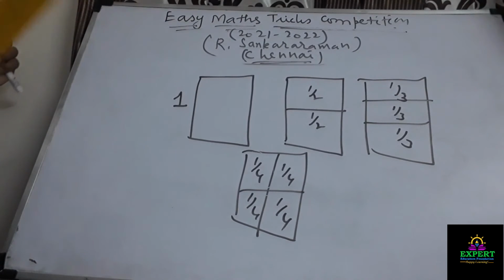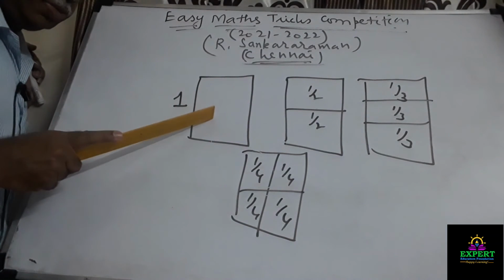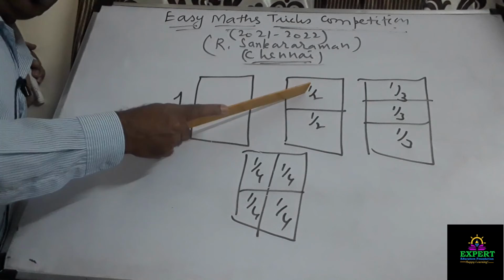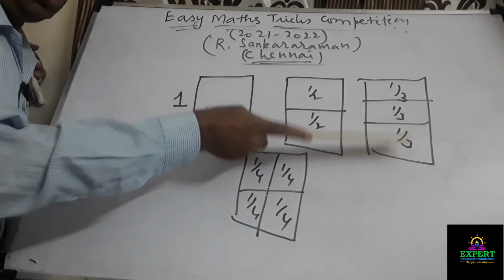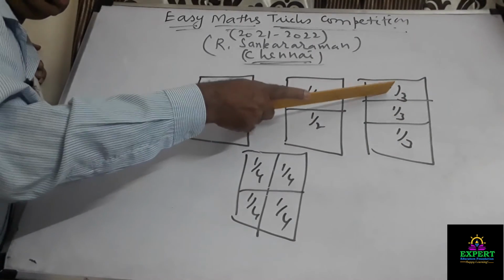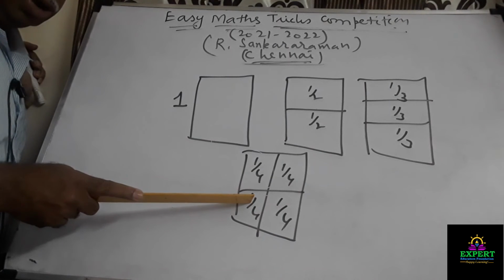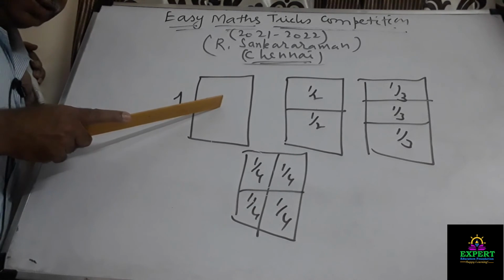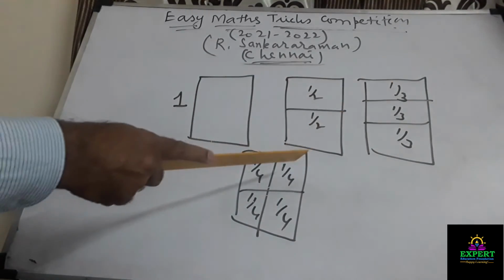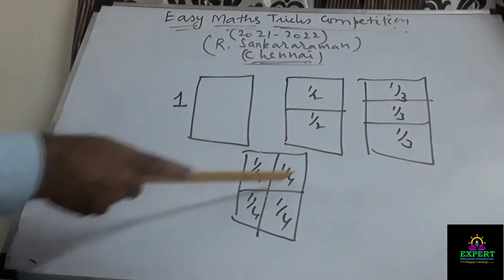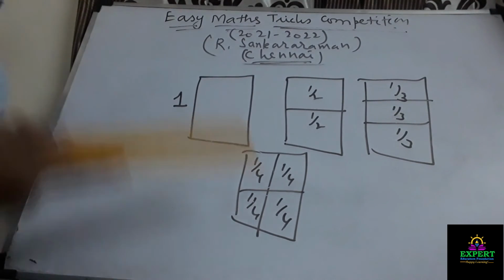Let me just explain once again. I take a sheet of paper, any size, to represent number 1. I fold it equally and unfold, I'll get half. This is the size of half. I'll make it into 3 equal parts. 1/3 is here, 1/3 is here. This is the size of 1/3. I'll make it into 4 equal parts and so on. If 1 is of greatest size, half is smaller as compared to 1. 1 by 3 is smaller as compared to 1 by 2. 1 by 4 is smaller as compared to 1 by 3. Every time I have to look at the size of the paper, practically speaking.